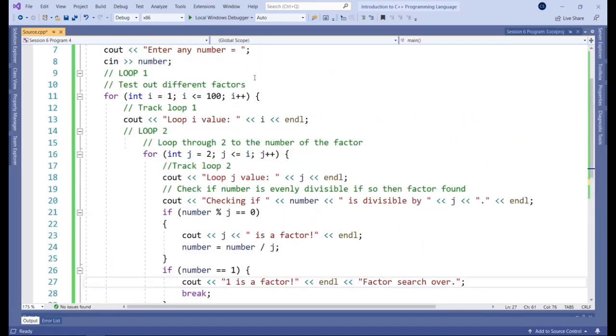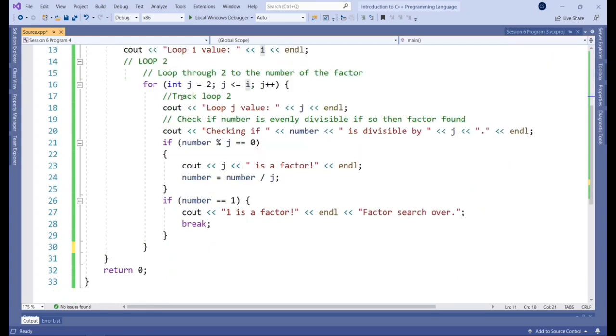Now, as you will remember, loop number 1 was going up to number 100. So it was testing from 1 to 100 as potential factors of the number entered by the user, right? So what's the point in continuing to search if we've gotten to 1? The factors cannot get any smaller than that. So there's no point in continuing to search for a factor of 1. At that point, we can use the break statement or the break clause to finish that loop, okay? So once that happens, we finish this loop.